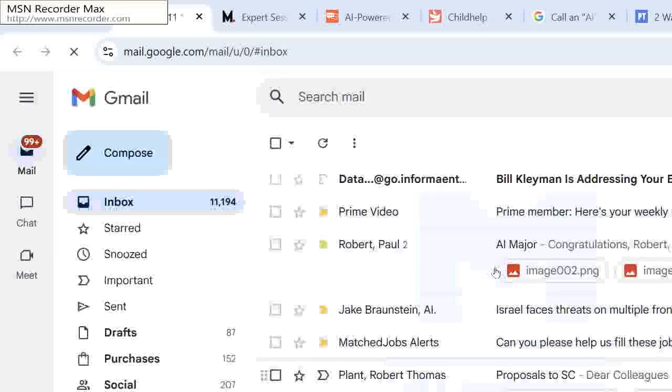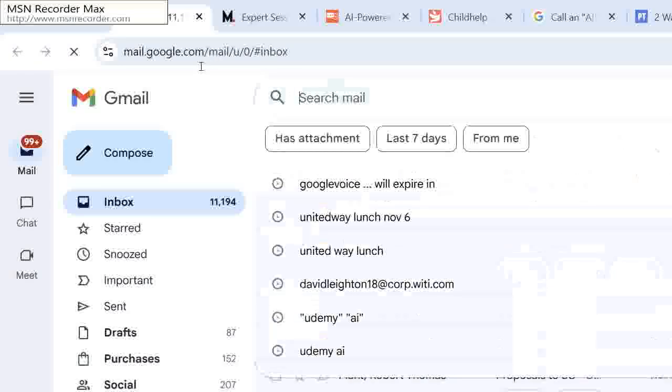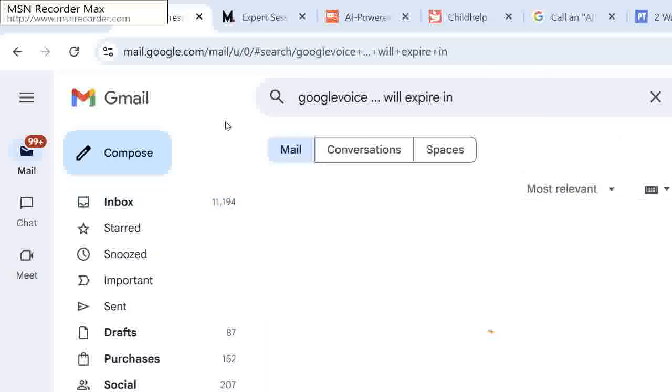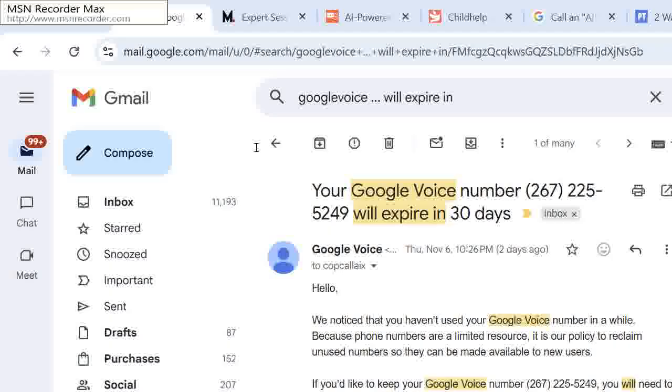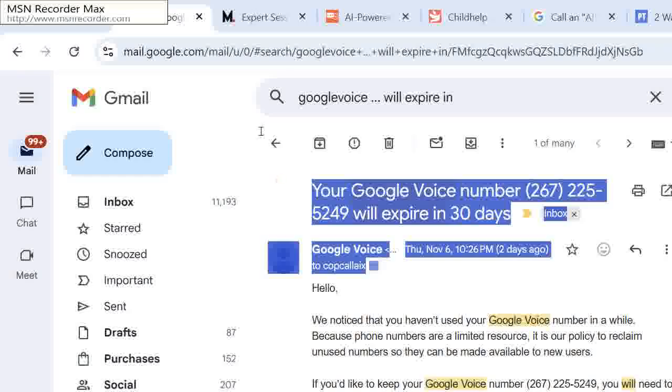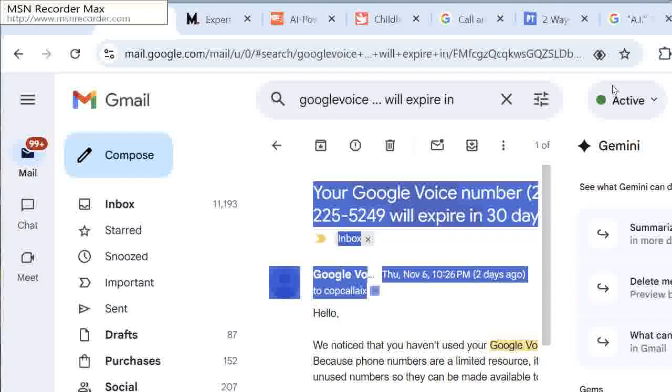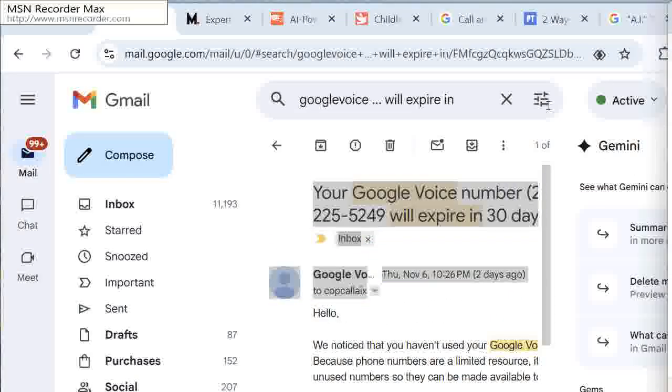Now that I got a bunch of Google Voices that will expire, I'm going to select the top one and see which one it is. Copy it from the Gmail with Control C to the clipboard buffer, and then paste it in my clipboard buffer right here at the top. Edit and paste. And now I want to copy it to the clipboard buffer. Call AI.x. Edit. Copy. And open another instance